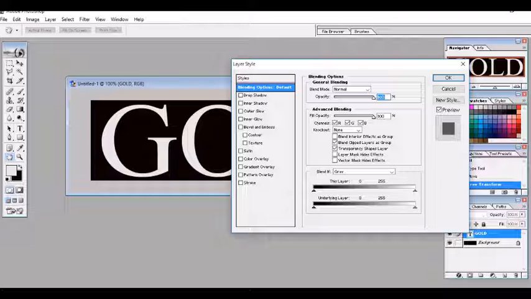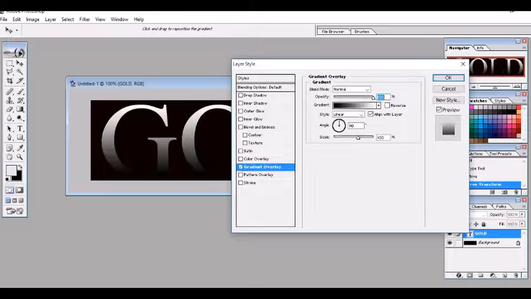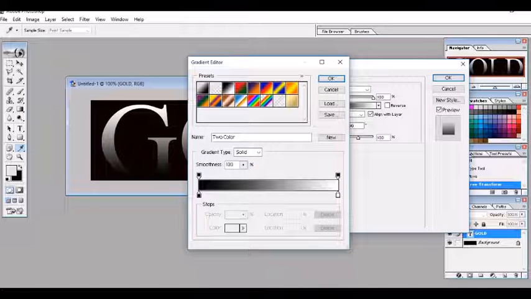I want to apply color to it, because different gold comes with different colors. There are some gold that are shining gold, while some will have a little bit of color. So I want to apply color to the text. I will now move down to where I have Gradient Overlay. You can see the Gradient Overlay on the screen. I will double click on the Gradient Overlay. Then I'll now see the word gradient. This place here, I will double click on this platform here. The moment I double click it, it will pop up, since I want a color,